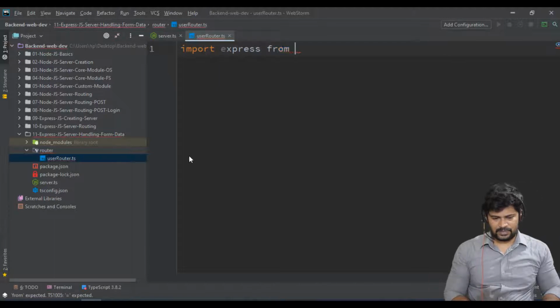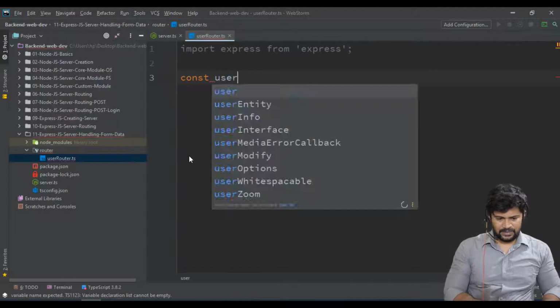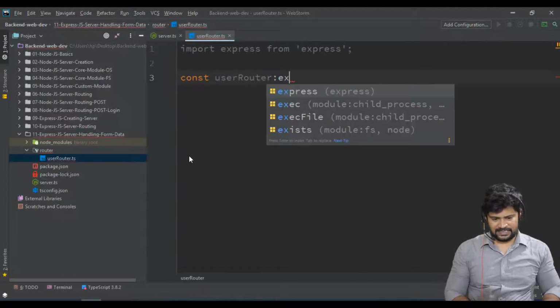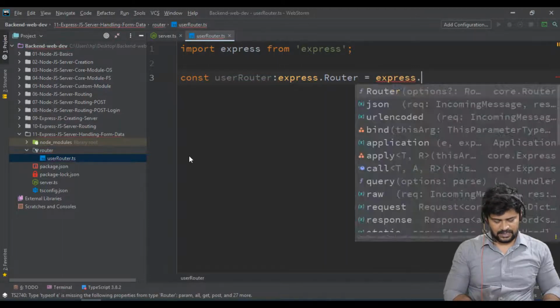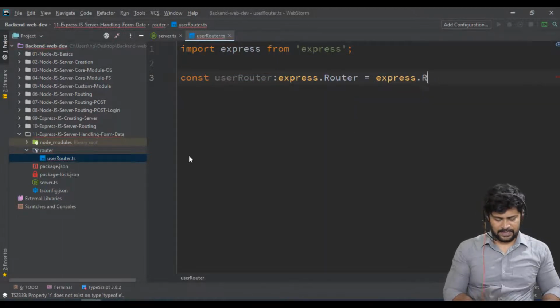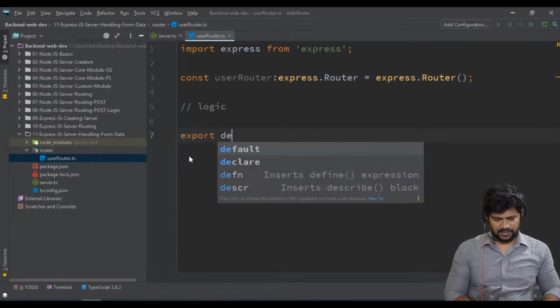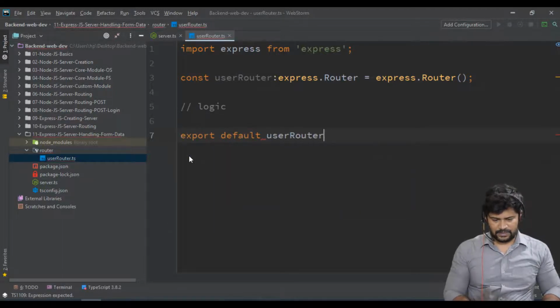Import express from express, then const userRouter of type express.Router is equal to express.Router(). It's a capital R, you have to initialize it like this. Then you write the logic, which I'll write in a minute, and export default userRouter.